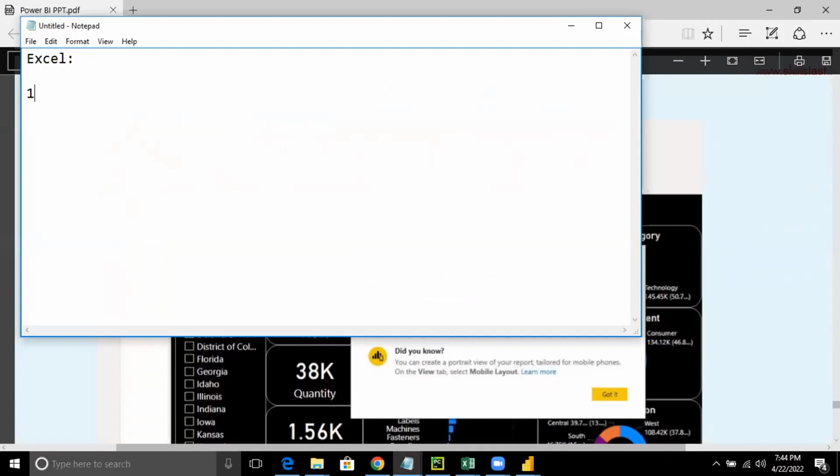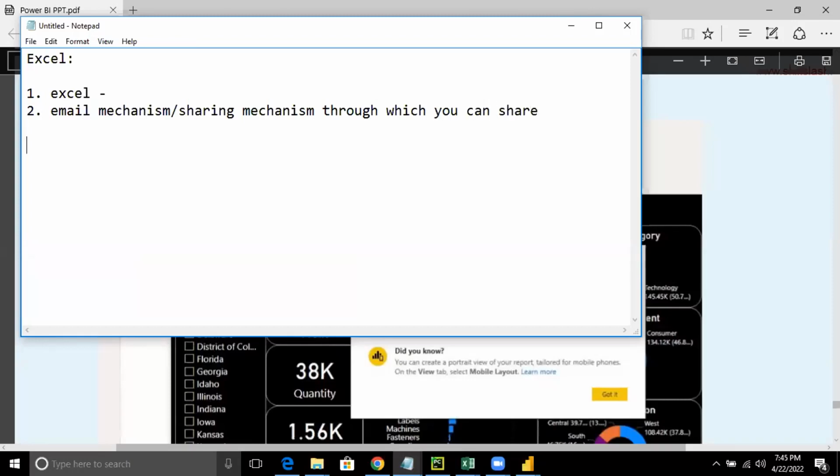First thing, I need the Excel sheet itself, and that Excel sheet will help me draw the graphs. Second thing that I will need is some email mechanism or some sharing mechanism through which I can share. So you need two things: the Excel sheet to draw something on, and then something through which you can share. You definitely need all these things, isn't it?